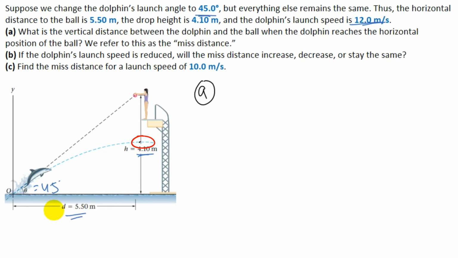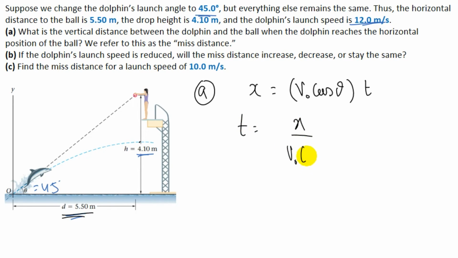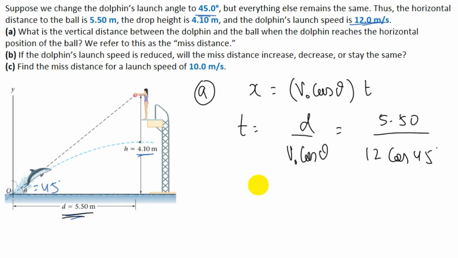So the horizontal distance traveled by the dolphin is 5.50 meters. So use the horizontal motion equation, which is x equals v naught times cosine theta multiplied by t. Now from here, t is equal to x over v naught cosine theta. Now x is nothing but this d. Now put the values. So d is 5.50 meters, v naught is 12, cosine theta is 45 degrees. So time is